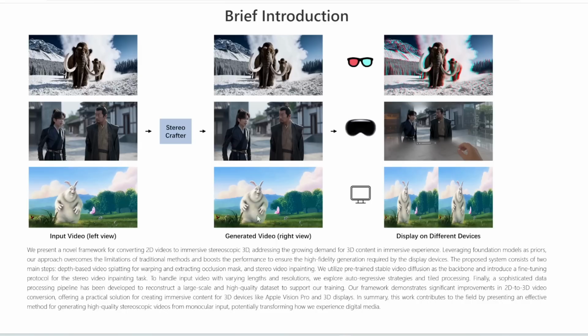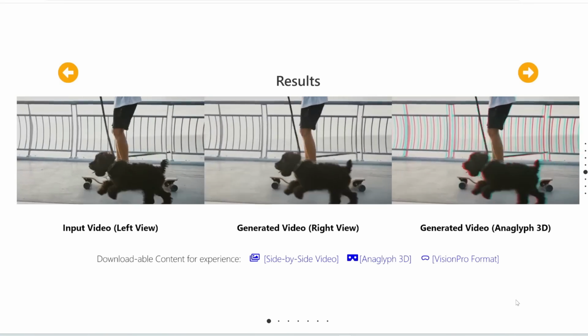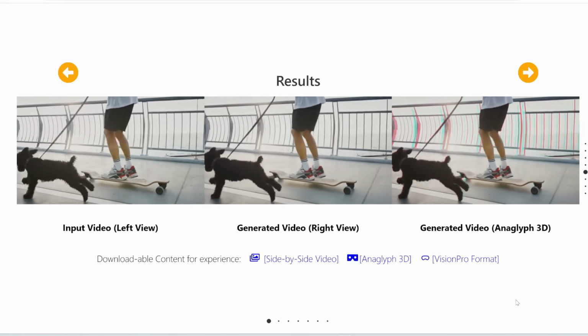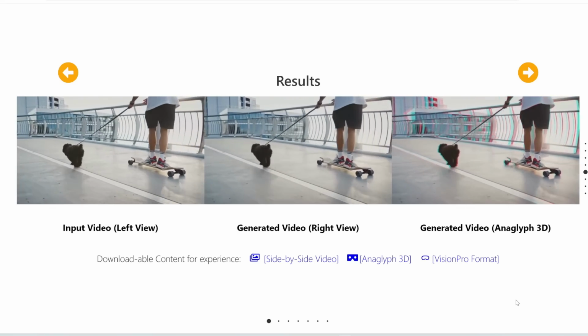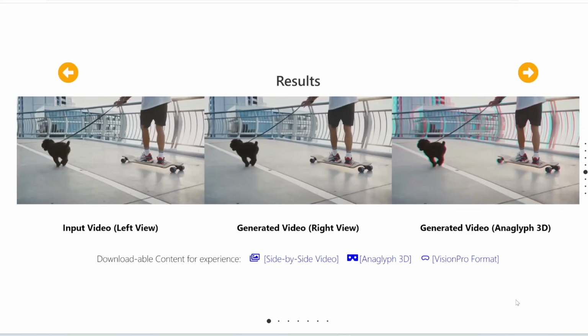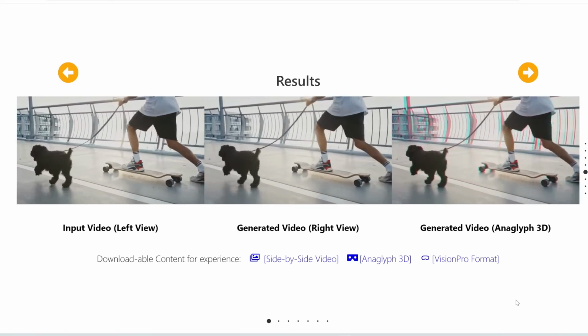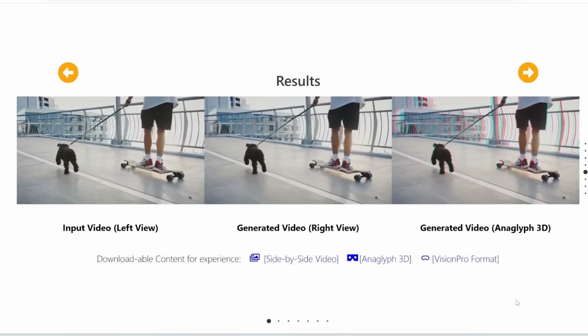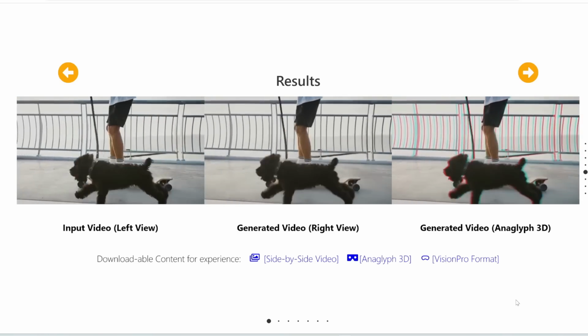Or you can also break this video down into left and right views, and these can be used in 3D displays. So here are some results, but if you're just watching this YouTube video on your computer screen, then of course you're not going to be able to see these 3D effects. You kind of have to wear those red and green glasses or have an Apple Vision Pro to really see that immersive experience. But nevertheless, here are some examples of what the output would look like after you plug a